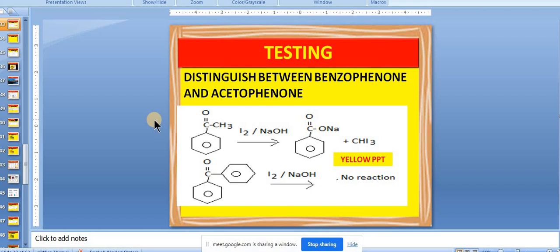Next question to you is distinguish between benzophenone and acetophenone. Can you please see which will be giving the test, benzophenone or acetophenone? Acetophenone will be giving the test. Now please see it carefully. Here in case of acetophenone, CH3CO is there. I told you, that R group which Arman was talking about, that should be CH3. Then only all this testing will be there. You cannot make it into ethyl there. You cannot make it to phenyl there. Got it? So this thing is very important, right?